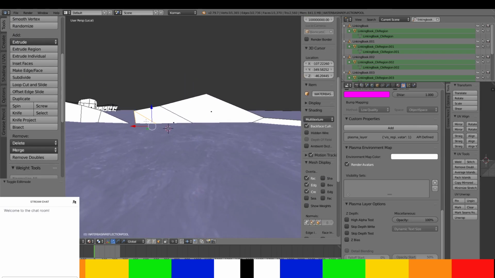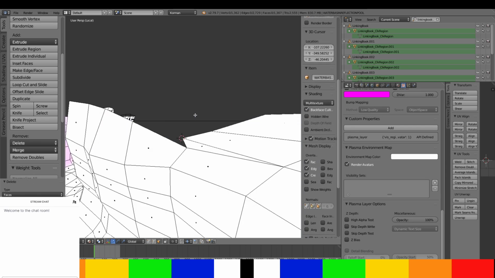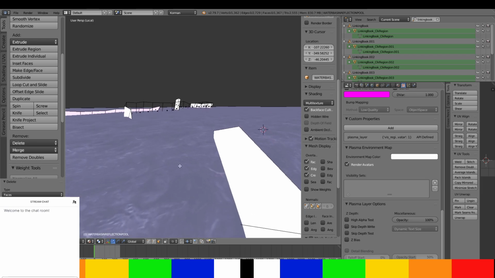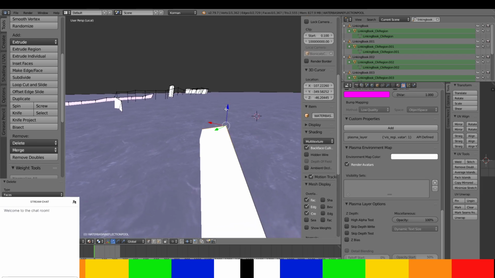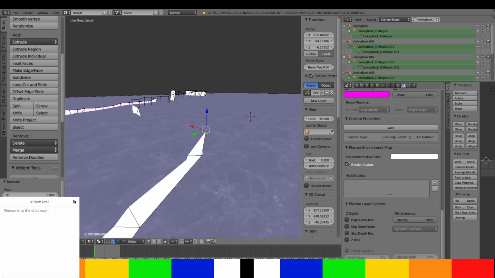Rather, I'm just going to grab these and delete those. I'm going to take this and layer it down to here. And then I'm going to grab my z-axis here, and I'm just going to start applying it to every